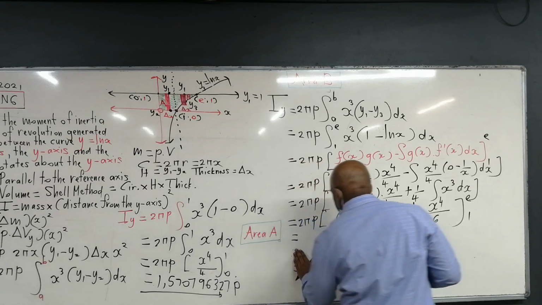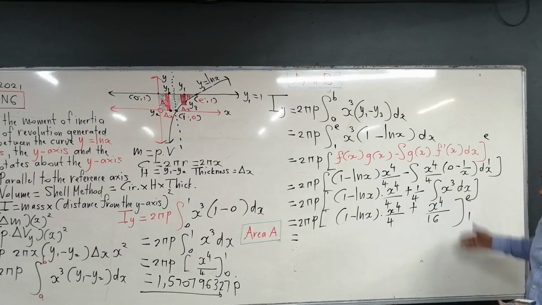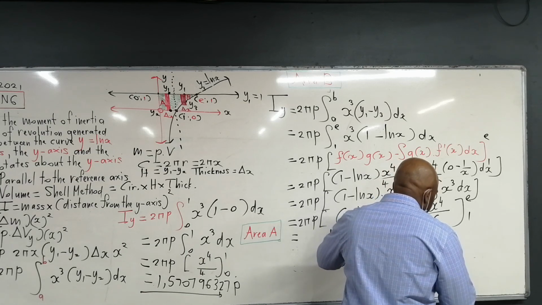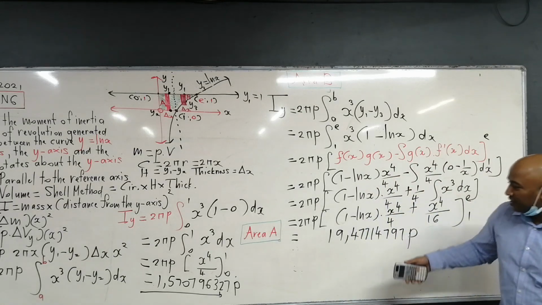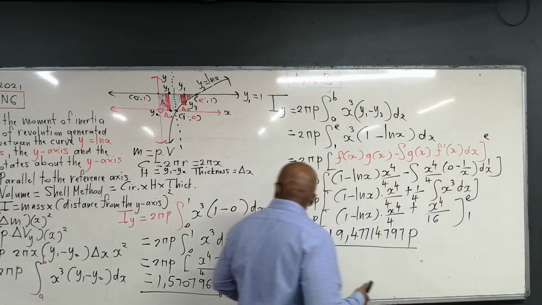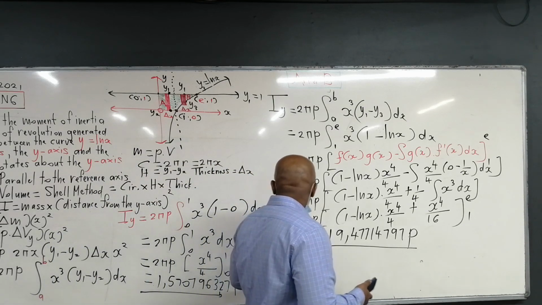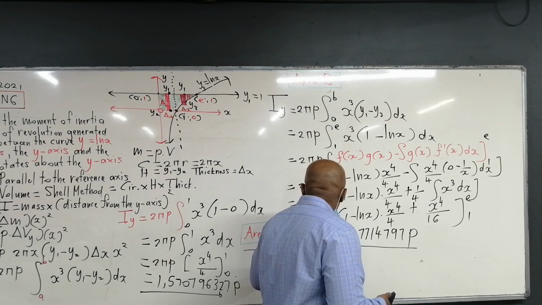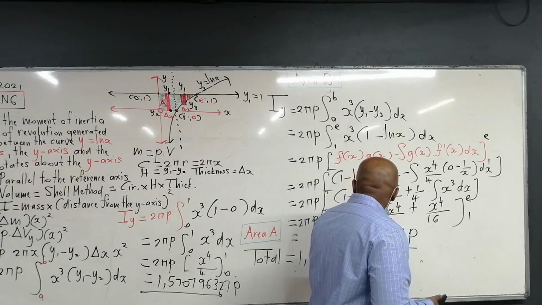Alright, so that was the answer for this one. And here, I made a mistake when I was substituting. So when you substitute e, put a minus sign, and then you substitute 1 again, you get 19,4771797 p. Alright, that was the answer for this one. Alright, so now total. So that is area B, that's area A. So the total is equal to 1,570,796,327